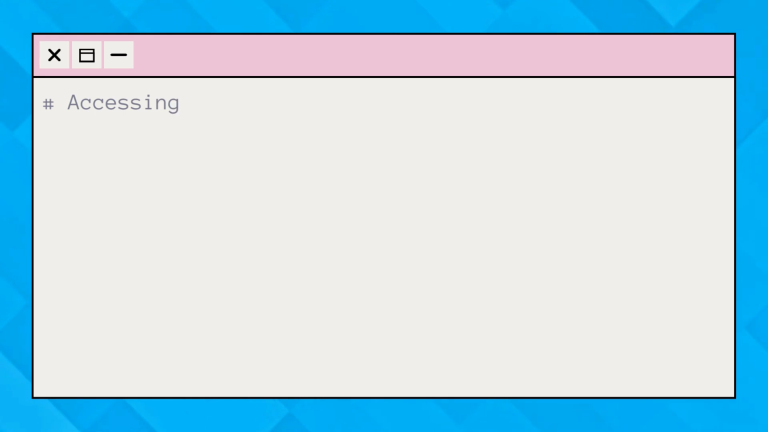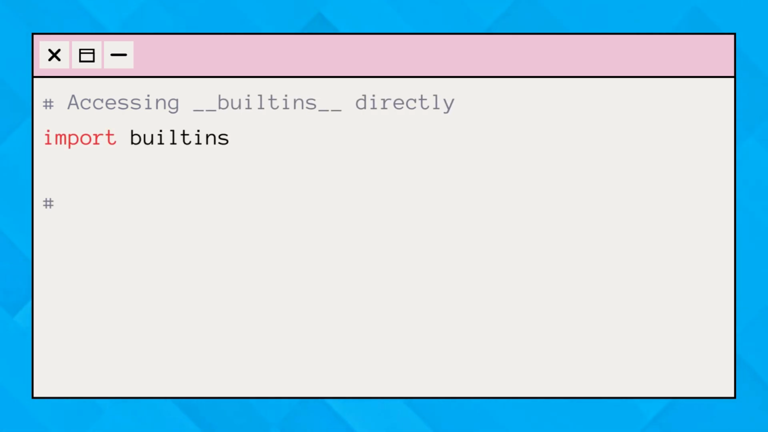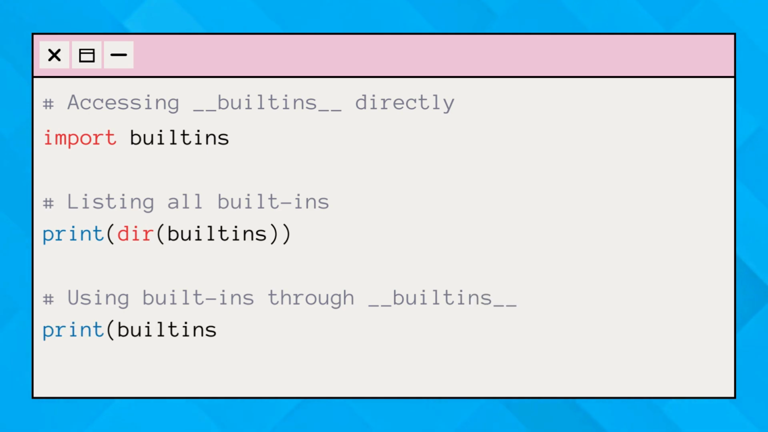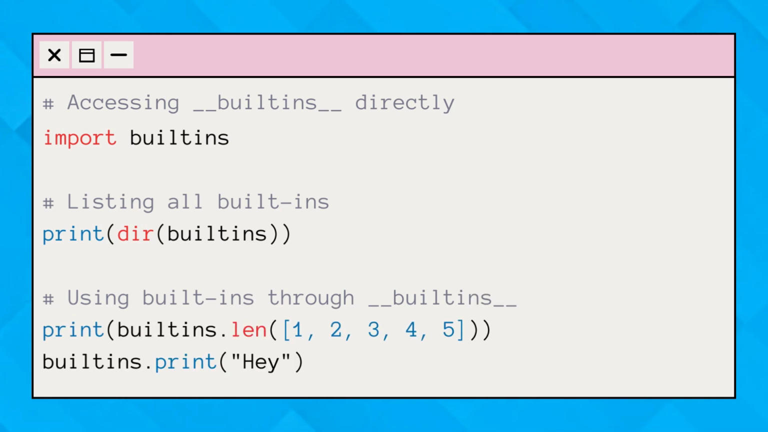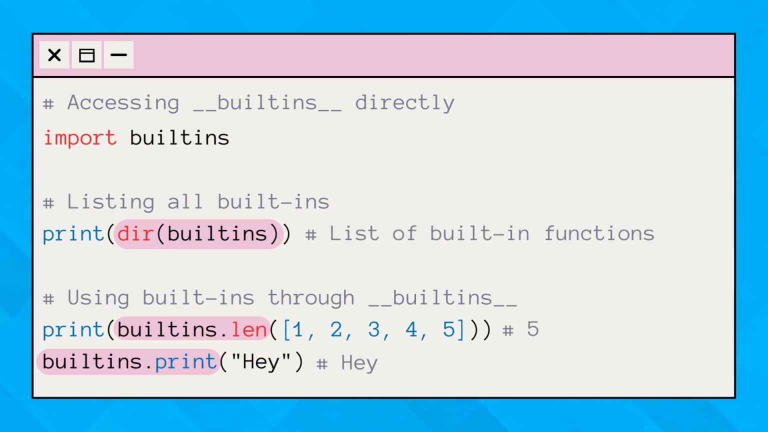All right, now let's dive into how you can use built-ins directly in your code. Though it is not necessary, it can be really useful in certain scenarios. By accessing built-ins directly, you can list all the available built-ins and use them in your code. This can be particularly useful for educational purposes when you want to see the full range of built-in functions and